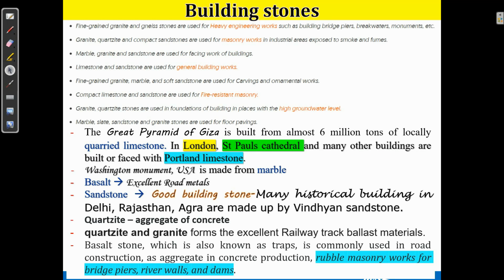So you know Bindhan limestone. Bindhan limestone is used for many historical places. Bindhan sandstone is used as a good building stone in many historical buildings in Delhi, Rajasthan, Agra, Red Fort. Basalt is generally used in road materials. So the road metals you use are actually basalt. Granite is also used. Granite is an igneous rock, you know, a plutonic igneous rock. Granite is generally used in